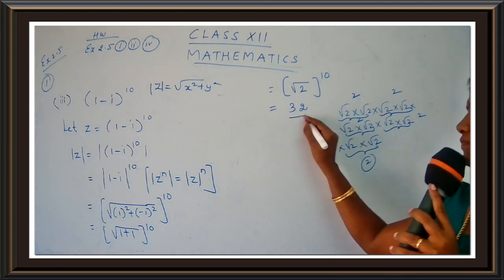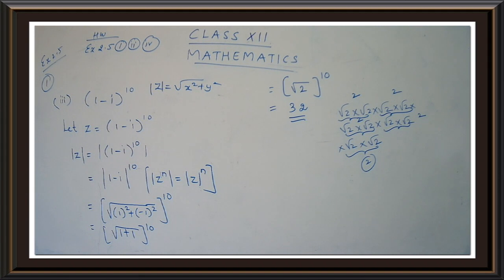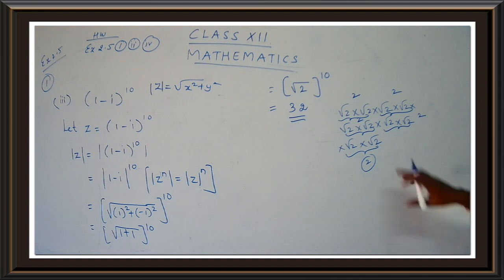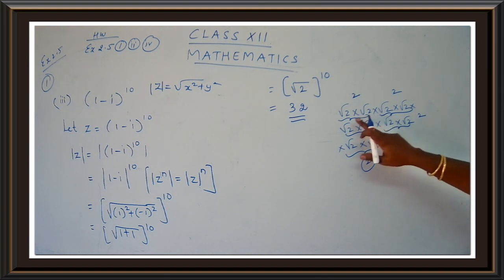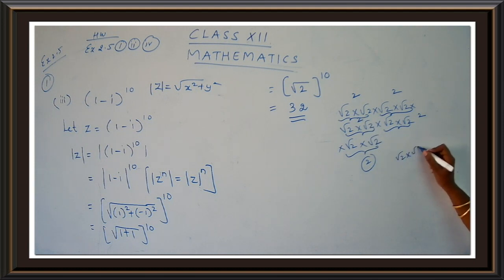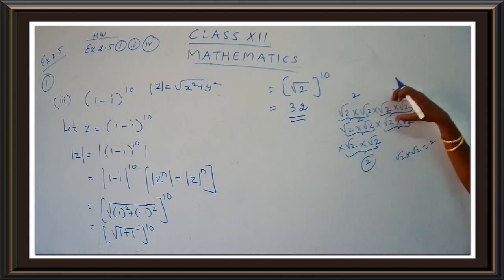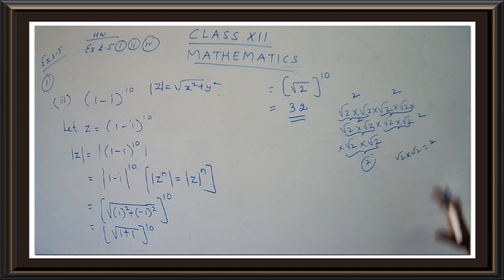Just see here again, for the third subpart we have used a property. I hope you people know how to find out the answer. Root 2 into root 2. When you multiply root 2 into root 2, it gives you 2. So totally we have 10 root 2's. Yes, we have 10 root 2's. So you just go on grouping them and you get 2, 2, 2, 5 2's. Don't write 2 times 5 is 10. That's wrong. 2 into 2 into 2 into 2 into 2, 5 times. You get the answer 32. Clear, children? Okay, good. If you want, you can show this in your rough part. Sometimes you may have a confusion why we get 32 here. You can show the working part.